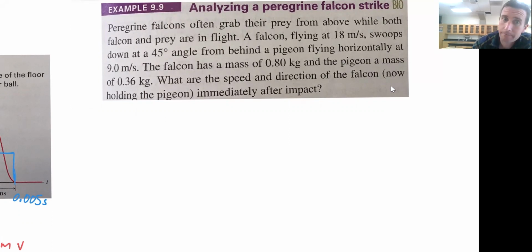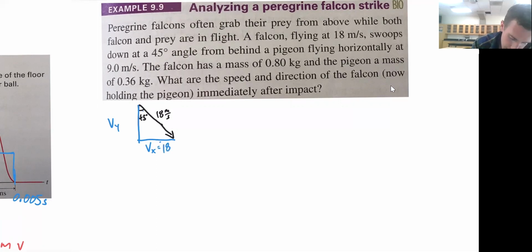So for velocity, the falcon's coming in at 18 meters per second, and it's at a 45-degree angle, right? 45 degrees, 18 meters per second. And now I need to know both sides. What is the vertical side? So what's velocity y and what's velocity in the x direction of the falcon? It's a 45-degree angle, so sine and cosine are both going to be root 2 over 2, but we'll do it right anyway,